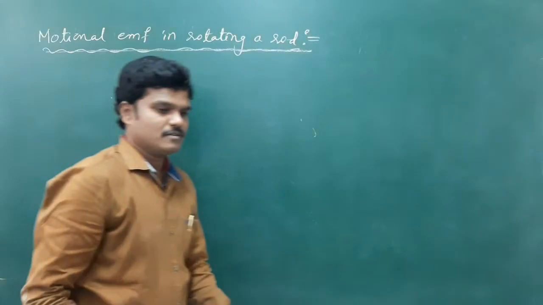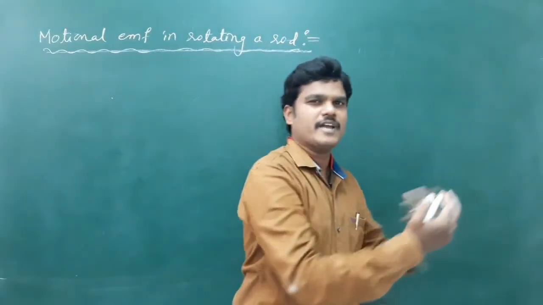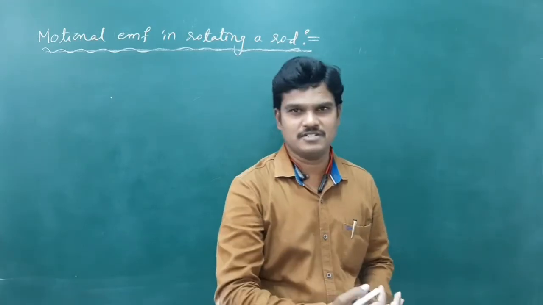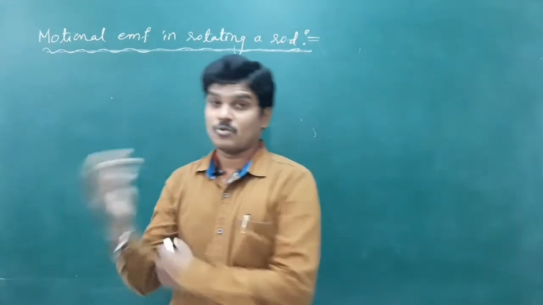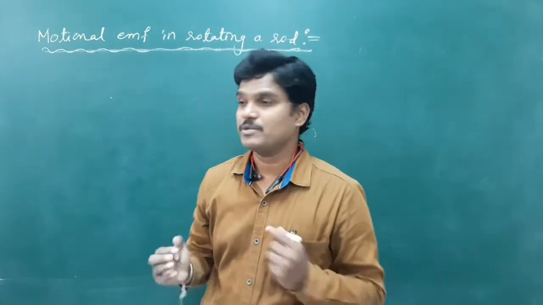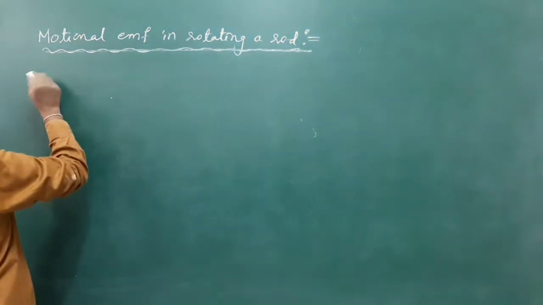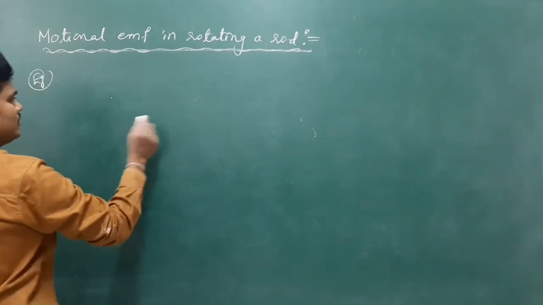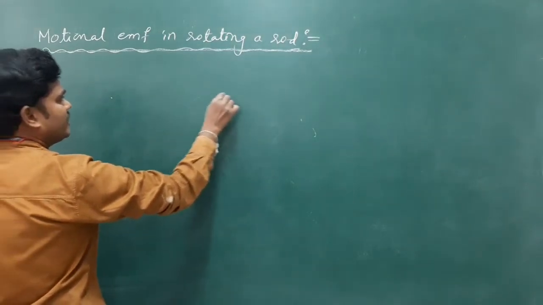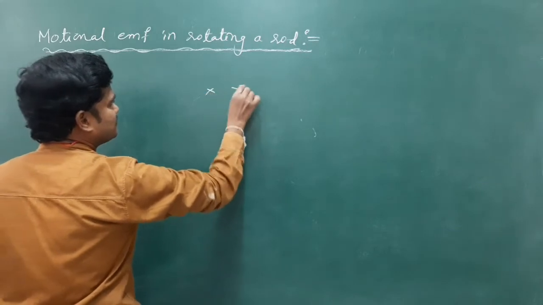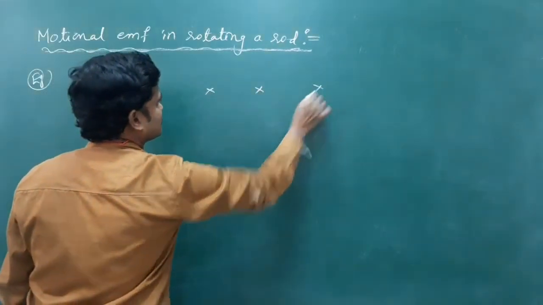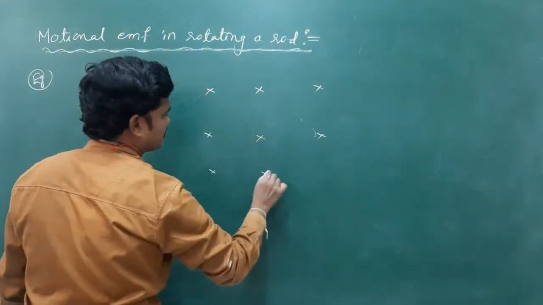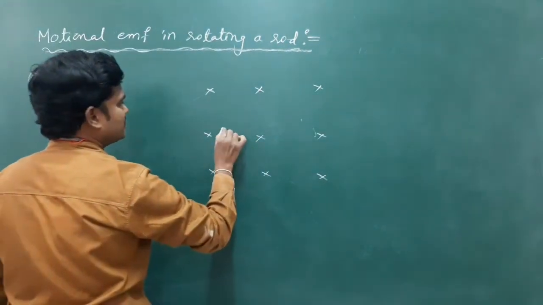In the last one, the rod moved with some speed v at some angle theta, and of course we resolved the velocity into components and got the answer. Now let us see how the EMF changes if it rotates. Let me consider the first, simple example. There is an inward magnetic field here, and a rod whose length is L.